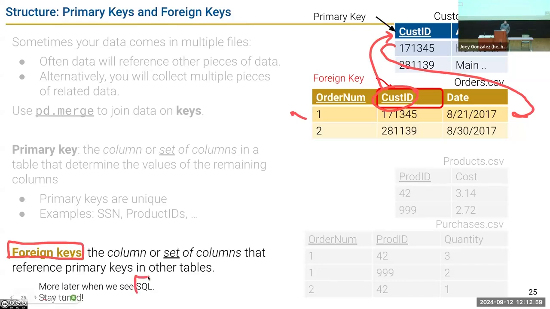In SQL, we'll spend a lot of time working with these, and in SQL, it's actually annotated. These columns are the primary key. This column over here is a foreign key that references back to this other table. So in SQL, it's great. You don't have to figure this stuff out. It's in the schema, if the schema is well organized. In pandas and CSV land, it's up to you to figure this stuff out.